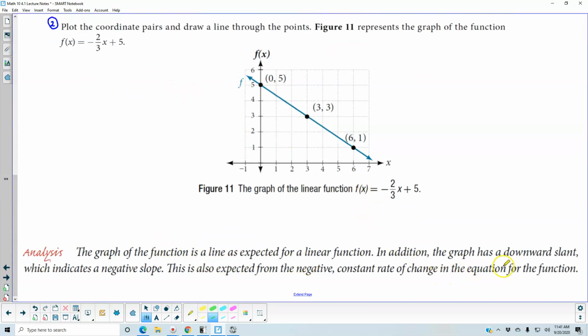Now, the graph of the function is a line, as expected for a linear function. In addition, the graph has a downward slant, which indicates that it has a negative slope. This is also expected from the negative constant rate of change in the equation for the